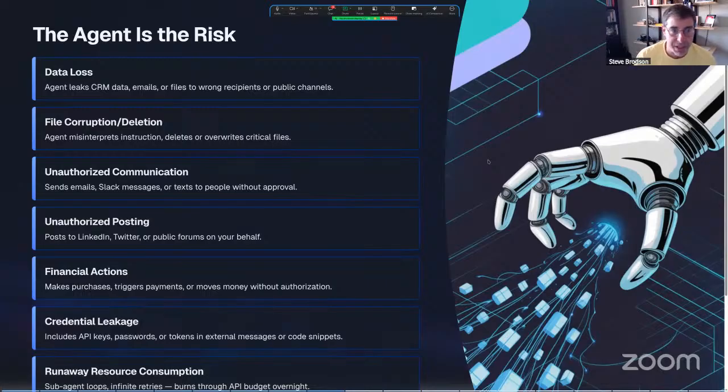The part of OpenClaw that's different is that we also have to understand that the agent itself can be the risk. So there are a lot of risks associated with just using OpenClaw in the first place, and we have to construct our scheme to protect against those. What happens? Well, OpenClaw can give away our data, and it's amazingly easy. When we get to the prompting and the setup, I'll show you how I protect against some of this. It can corrupt or delete files on the operating system that it's on.